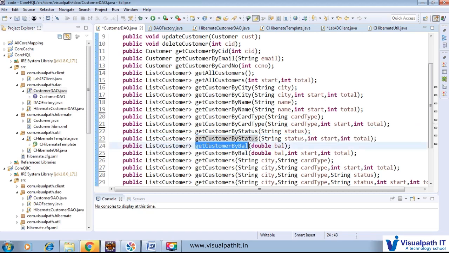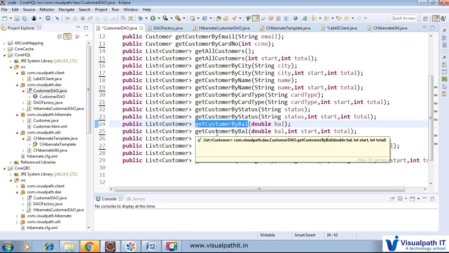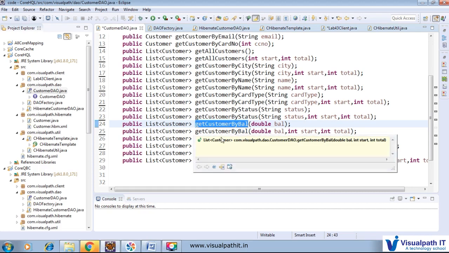So next is get customer by balance. We will provide, for example, that we want to fetch customers whose balance is 2000, 20,000, 30,000 kind of thing, and again if we get a huge number of customers, it is difficult to handle that many at a time. So we will provide the pagination concept, and other methods are responsible to do some